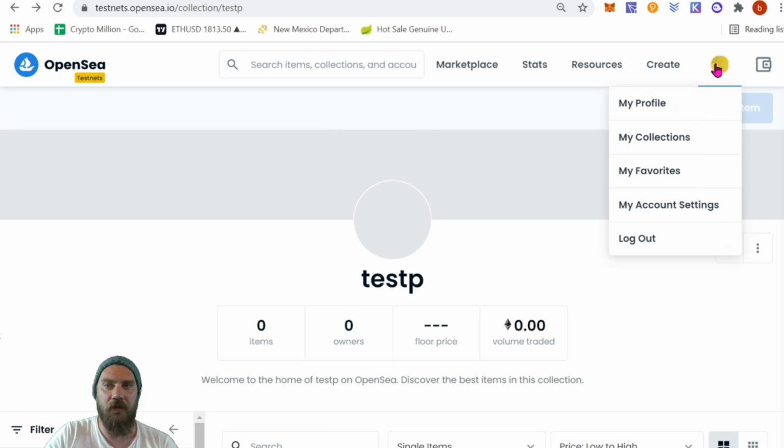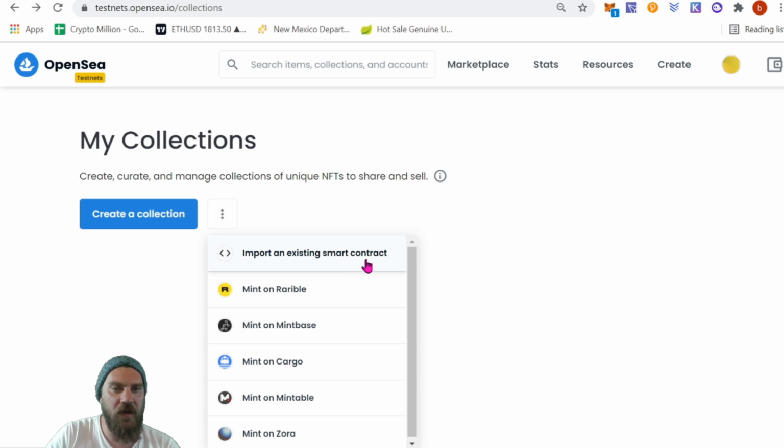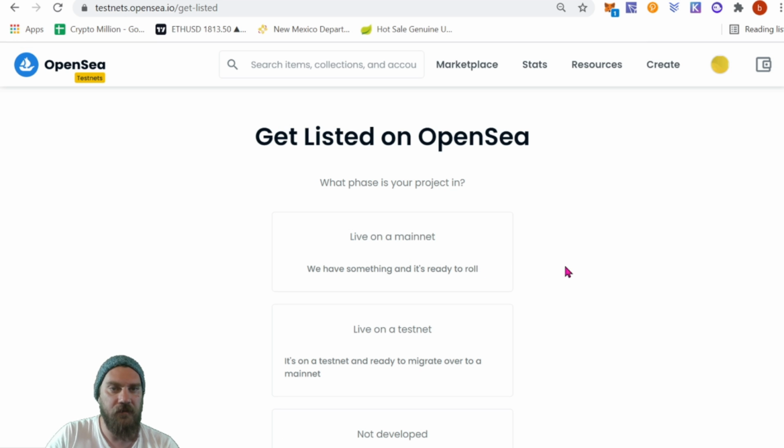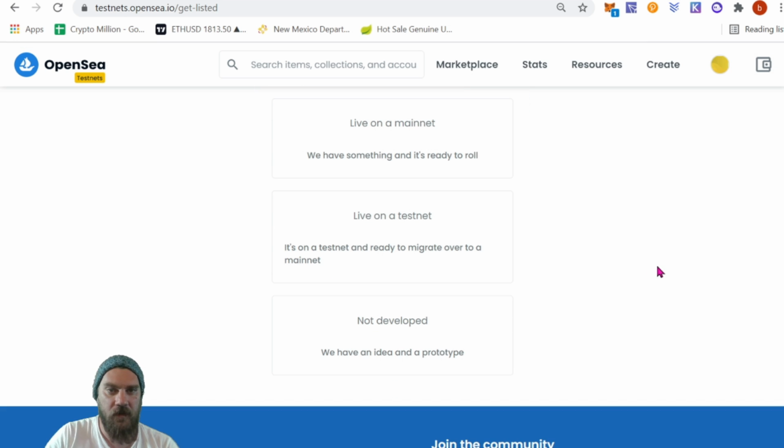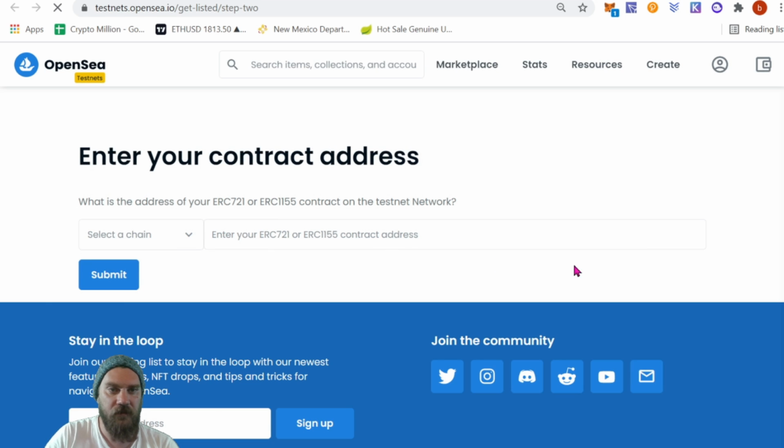Okay, so while we're letting that data refresh, let's go ahead and edit our collection. To do that, we come to the top and just My Collection. And from here, we're going to click on Import an Existing Smart Contract. And we want live on testnet. And here we're going to paste in the address from that contract. So remember I said this was going to be important and we'd need it later.